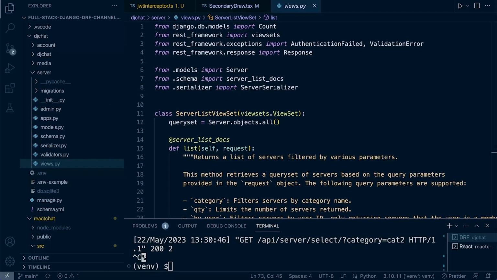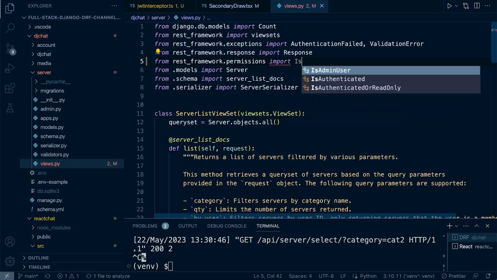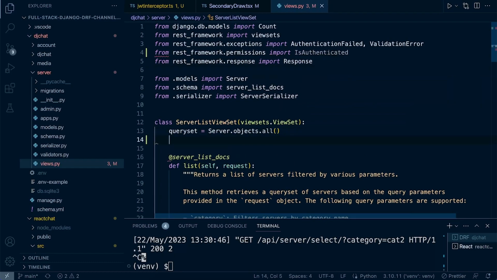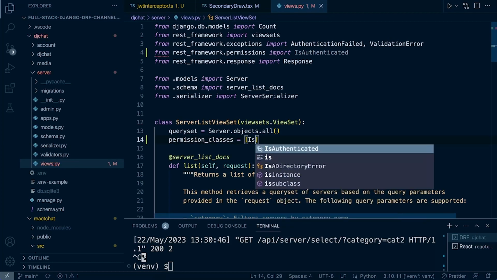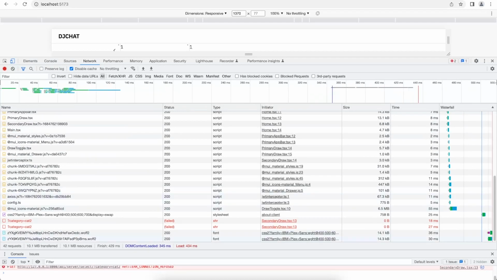Right, so let's sidetrack a little bit here. I've gone over to the server in the views, and what I'm going to do here is from REST framework dot permissions, I'm just going to import the IsAuthenticated. So I'm going to then utilize that here in my view set. So here I'm going to specify the fact that the user must be actually logged in to actually view this. So permission classes equals, and then I'm going to set that to IsAuthenticated. So all I've done now is I've just specified that the user has to be authenticated to access the view set here. So hopefully now when I refresh, I am retrieving an error,